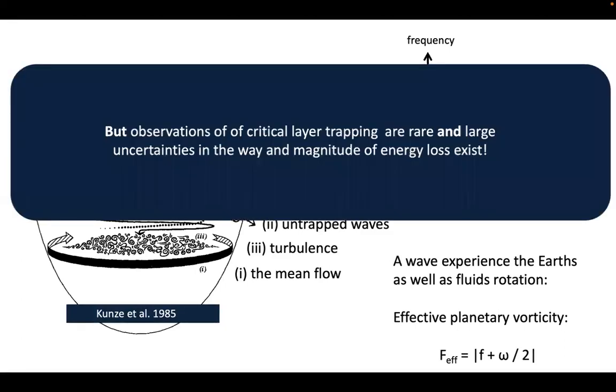Okay, this is somehow known theoretically, but observations of this critical layer trapping are rare, and large uncertainties in the magnitude and also how this works exist. And therefore I'm here because I want to show you some